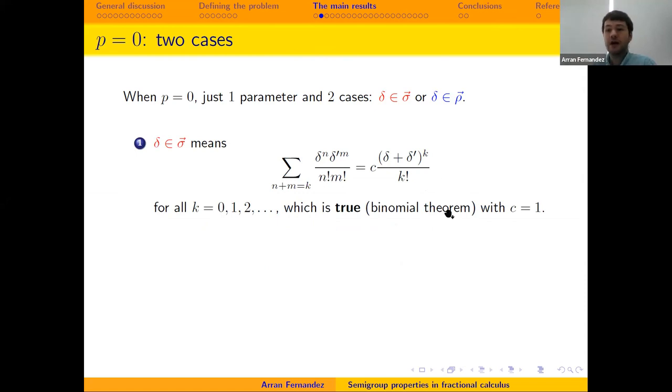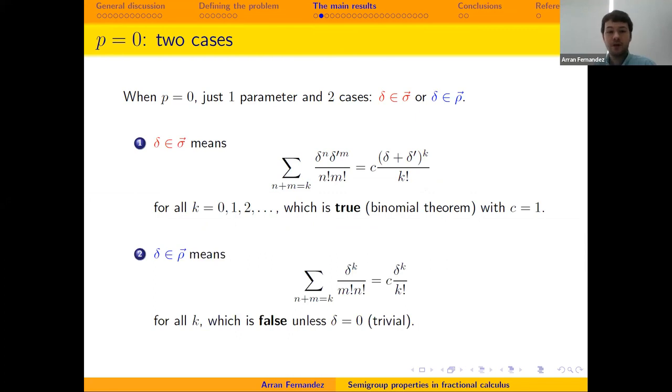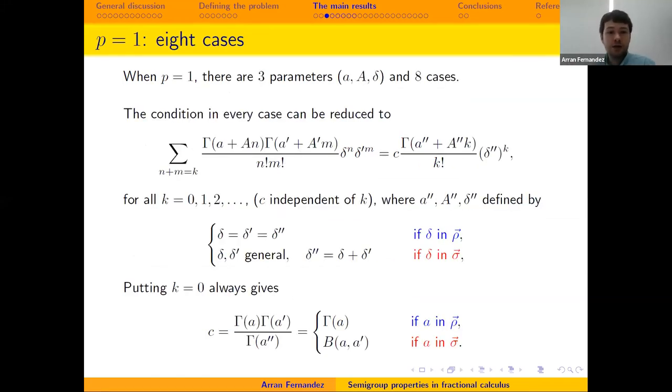So we do have, in the case p equals 0, a semigroup property in delta. Delta blue means we should have this identity, which is false, except in the trivial case of delta equals 0. Okay, so now the p equals 0 case is done. Red is true, blue is false. Simple. Now the p equals 1 case, we have 3 parameters, little a, big A, delta,